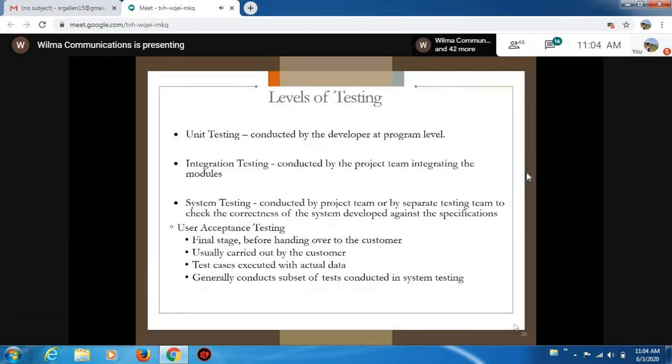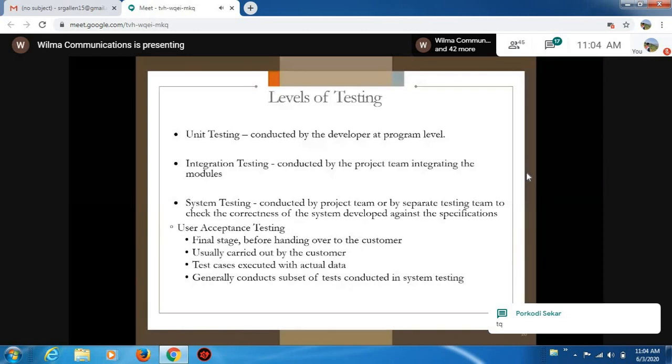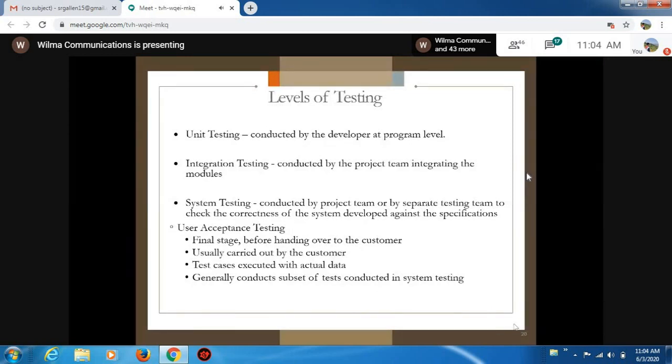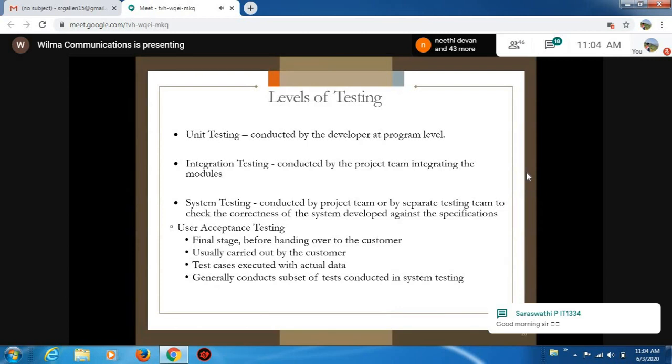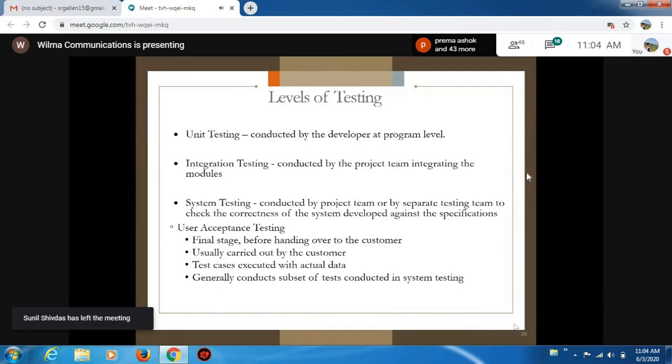So in unit level testing, I will concentrate only on the specific functionality of login, and make sure whether the login functionality is working as per the client specification or not.